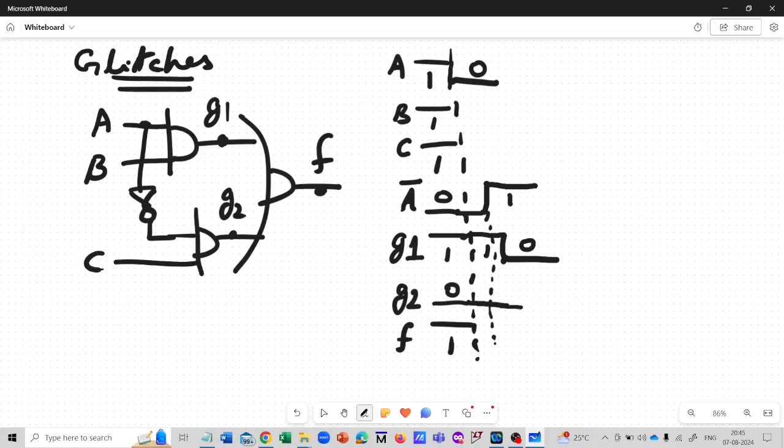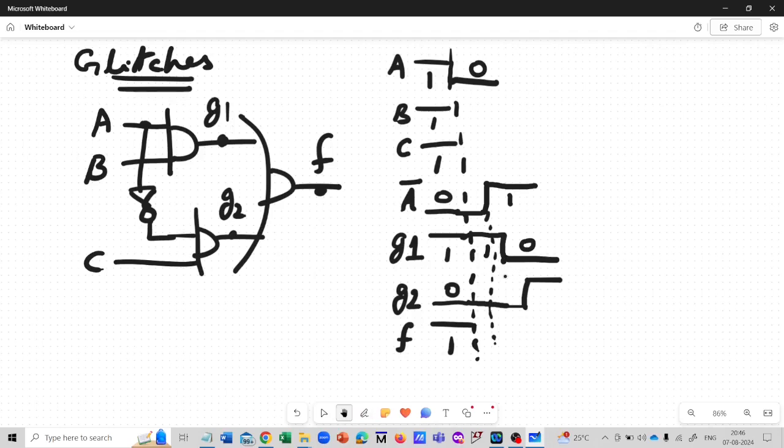So after a delay which is equal to the delay of the AND gate, we can expect the intermediate output G2 to switch. Now this leads to an interesting scenario, because